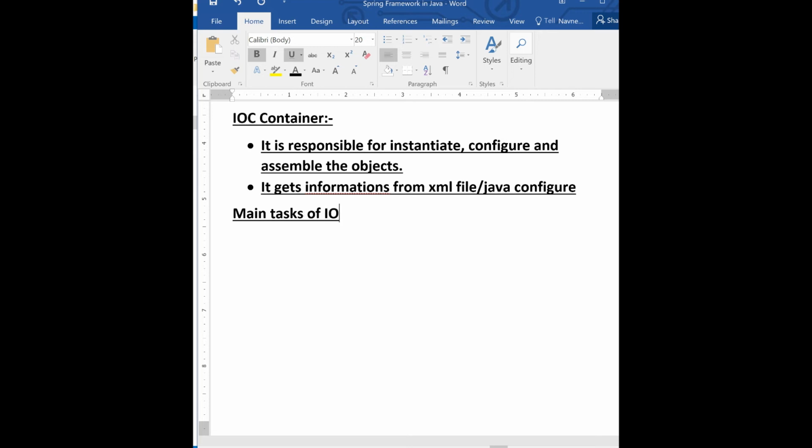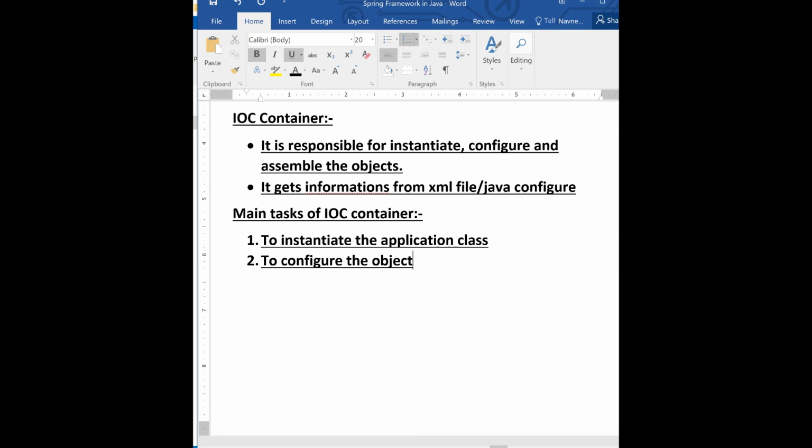Remember, I am not talking about IOC, I am talking about the IOC container. First, the IOC container is used to instantiate the application class. Second, it is used to configure the object.